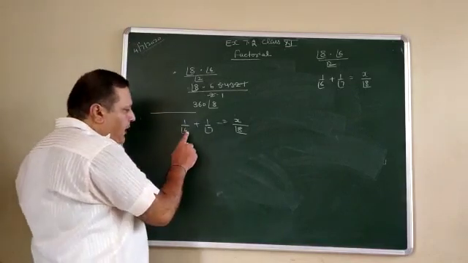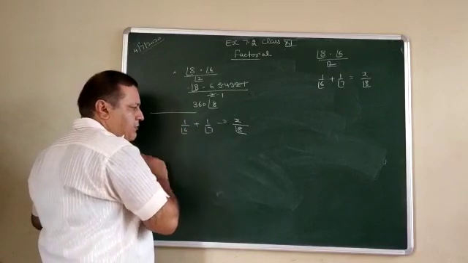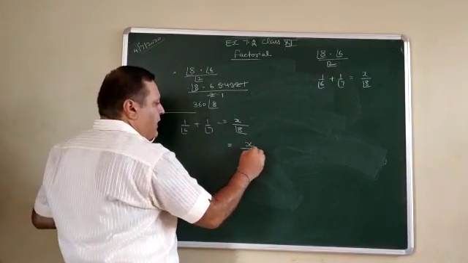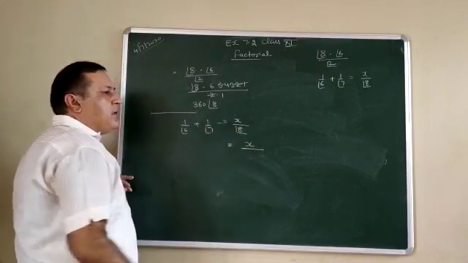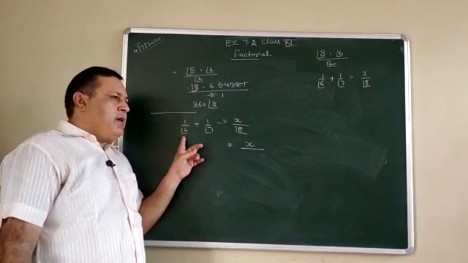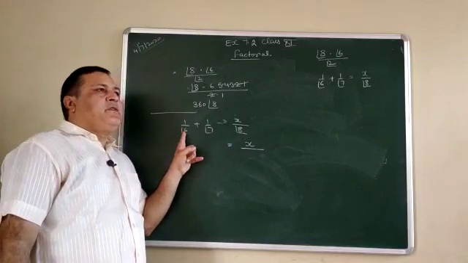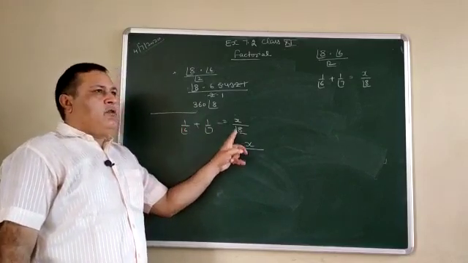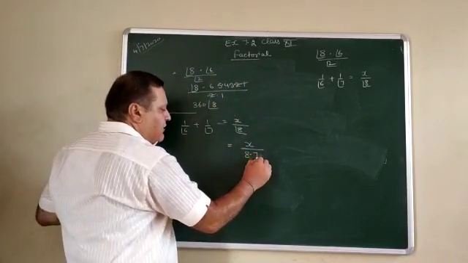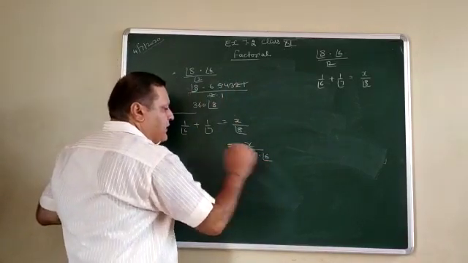See this one. Among 6, 7 and 8, which one is the larger value? 8 factorial. So first of all we break 8 factorial. But when we break, up to which point can we break? It is also in the statement. The lowest value is 6 factorial. So we break 8 factorial up to 6 factorial. So first one is 8, second one is 7, third one is 6 factorial.